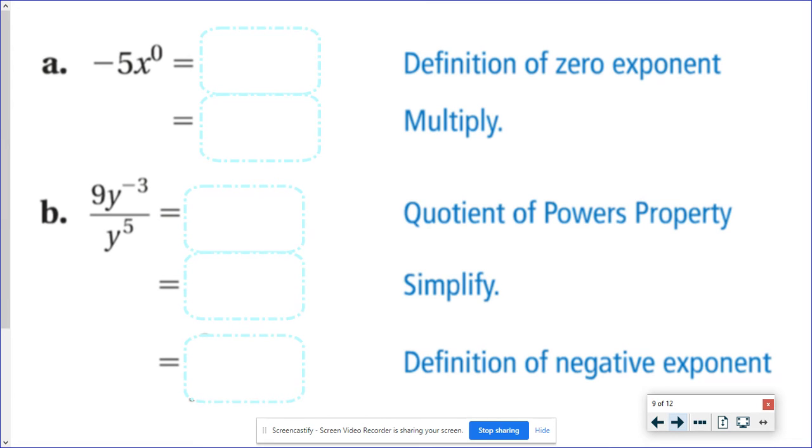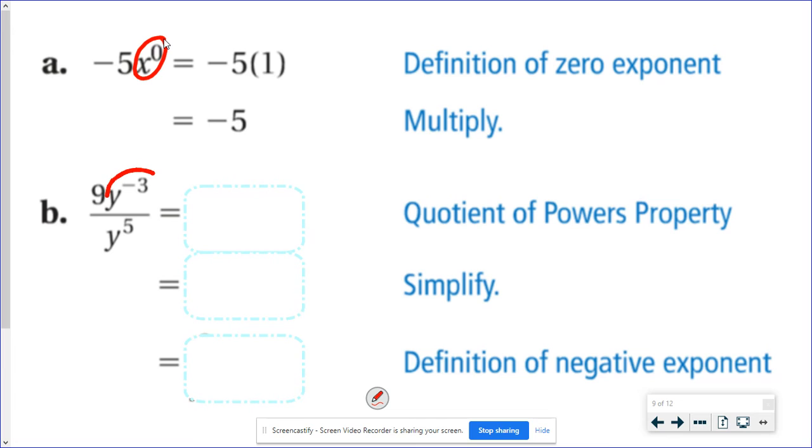In letter A, it's really tempting for students to just say this whole answer is 1, or -1 maybe, but it's not. The only thing that this 0 exponent is on is just the x. That part's equal to 1. So I'm really going to have -5 times 1, which is -5. In letter B,